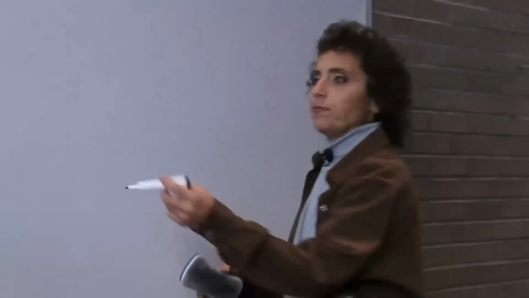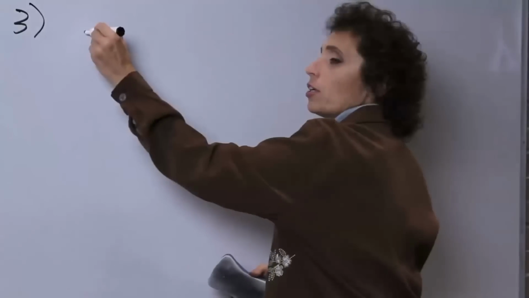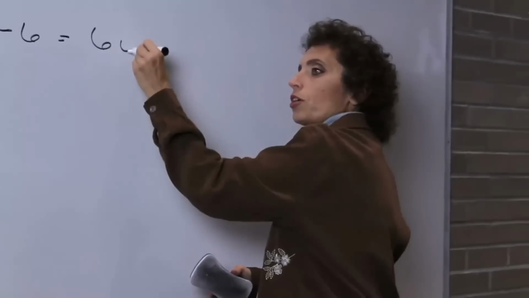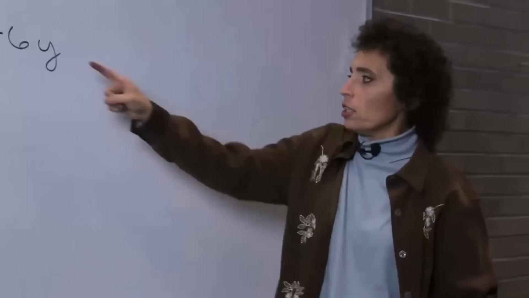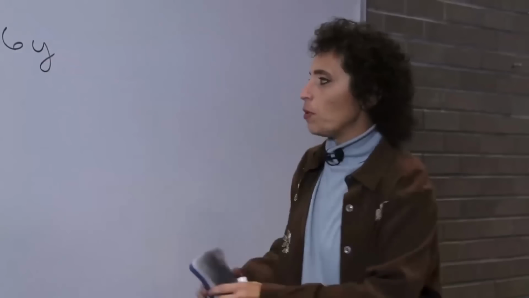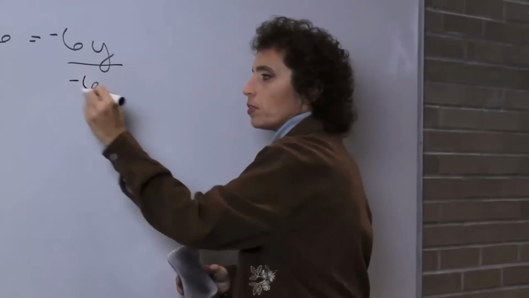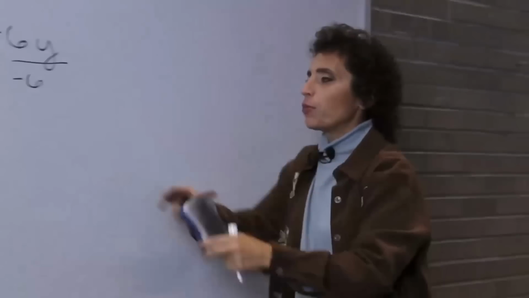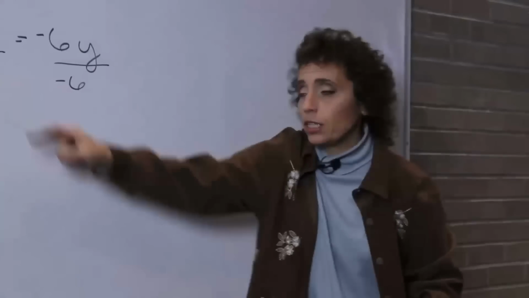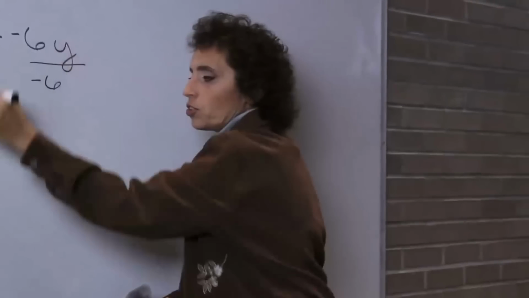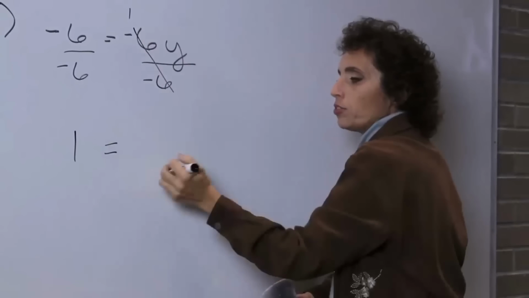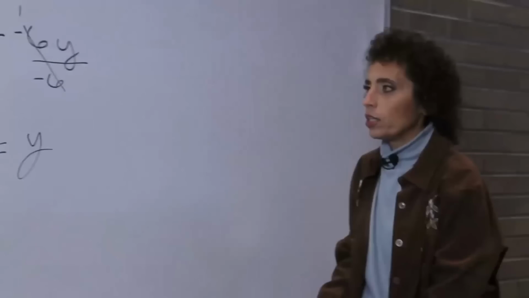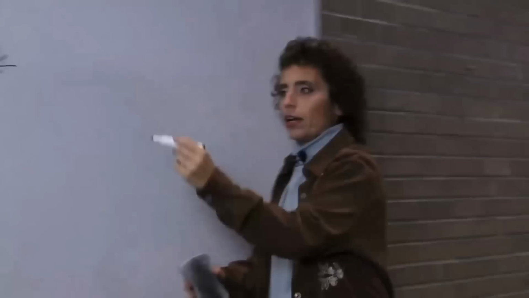Okay, let's look at 3. 3 is negative 6 equals 6y. Again, we're not moving anybody left or right, so we're not doing addition and subtraction. This is attached by multiplication. The opposite of multiplication is division. We're always getting rid of the number that's attached to the y. It just happens to be the same number here. Signs are the same, so it's positive. 6 divided by 6 is 1. 1 equals, good night, that's a positive 1y. So 1 equals y.